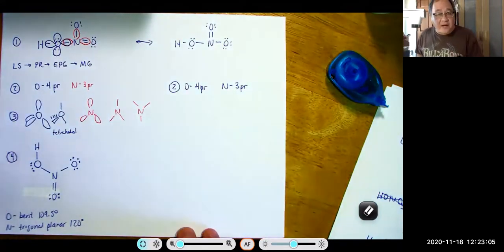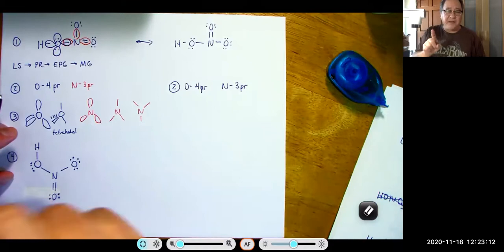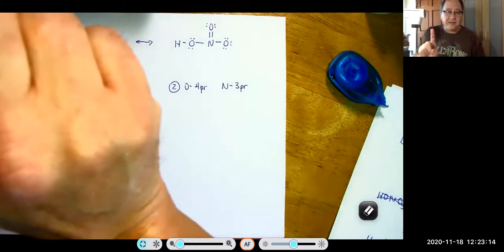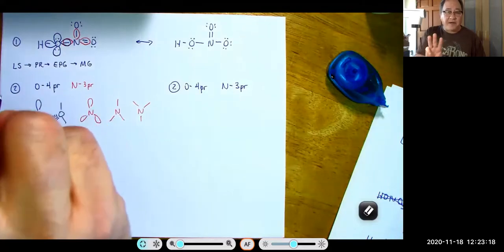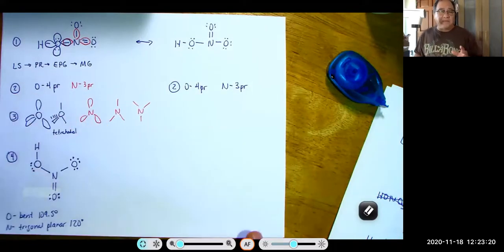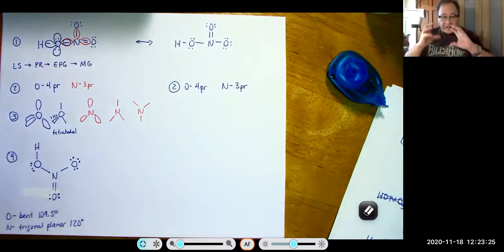And this is my one beef with what's called VSEPR, is that VSEPR stands for valence shell electron pair repulsion theory. In VSEPR, pairs can be a lone pair. Pairs can be a single bond. Pairs can be a double bond. A double bond is a pair. A triple bond is a pair. Really what they mean when they say electron pair, they're saying regions of electrons where the electrons are kind of